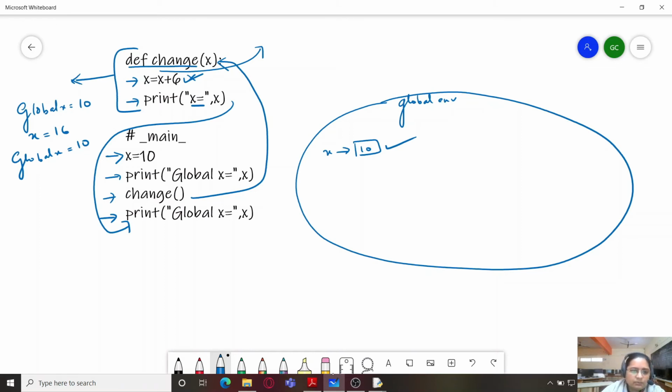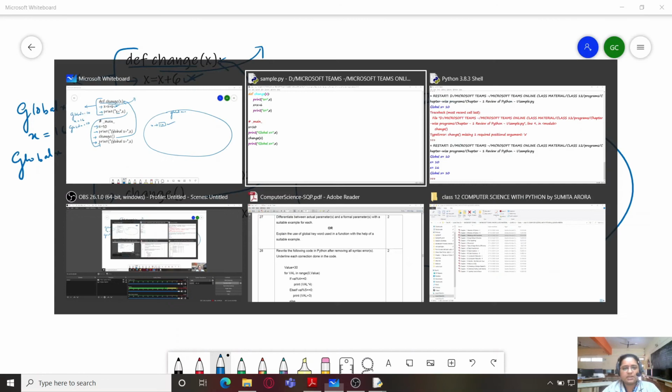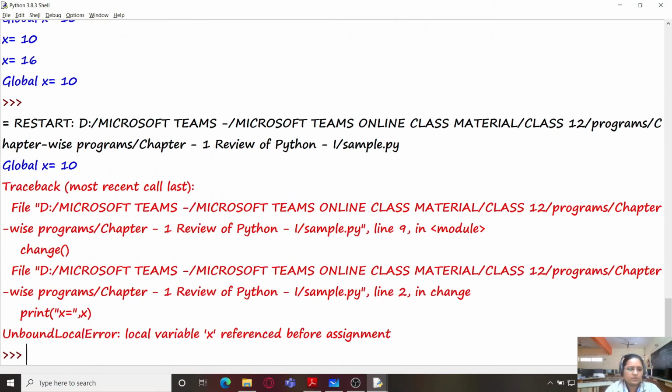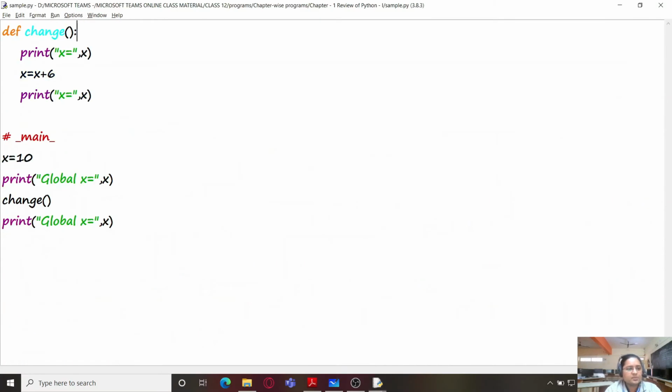Now if we want to make changes in the global value 10, how do we do that? We will remove the argument x from here, and we are going to write here. If I run it right now, it's going to give me local variable referenced before assignment.